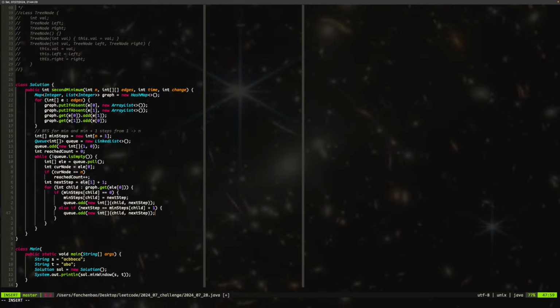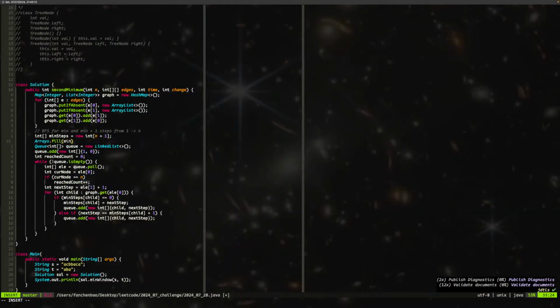I'm wondering if this logic can be simplified. Okay, so we both have to add to the queue. All depends on if the min child is equal to 0, right? You know what? This has to be simpler than this. What if I don't set it to 0? Okay. What if I say